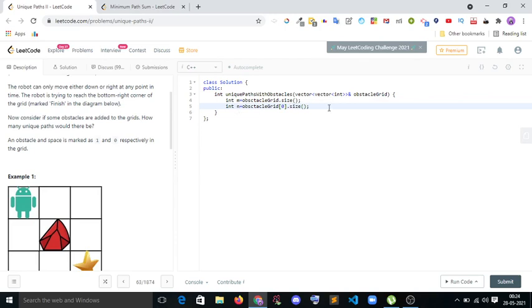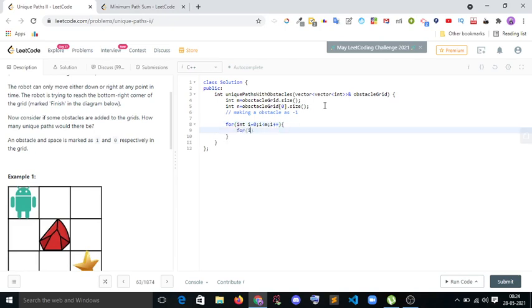Now we are going to first make the obstacle as -1. So for int i equal to 0, i less than m, i plus plus.